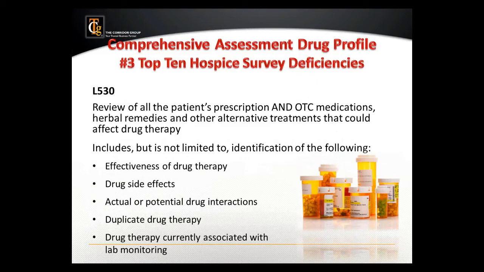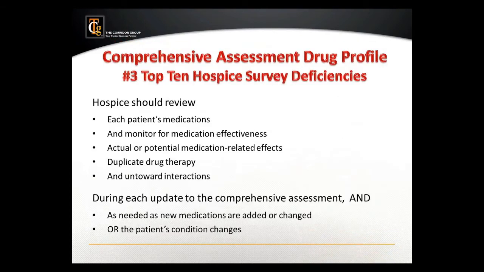Each hospice, as part of its drug profile, should review all of the patient's medications, and in addition, your documentation has to show that you're monitoring those medications for effectiveness, as well as actual or potential medication-related effects, any untoward interactions. So during each update to your comprehensive assessment, one of the ways that you might want to,